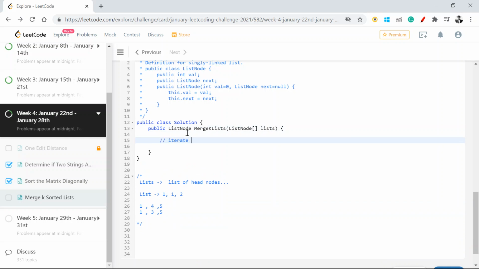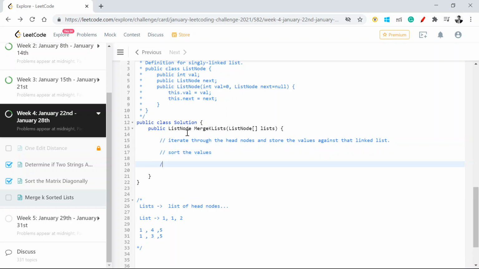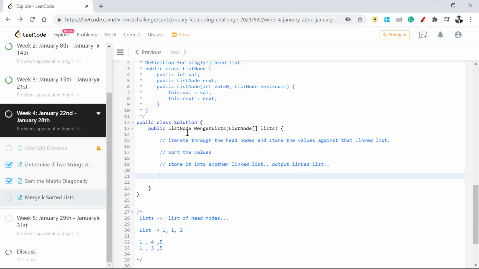We'll iterate through the head nodes and store the values against that linked list, right? Once I have the values, I'll sort them and then store them into another linked list, which will be my output. This is what we're going to do, right?